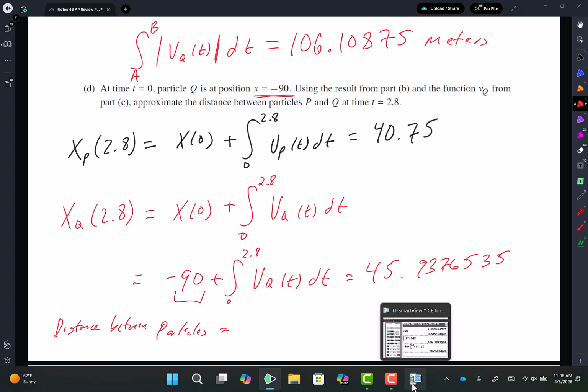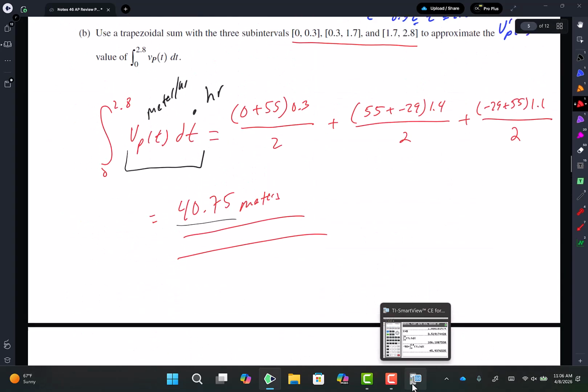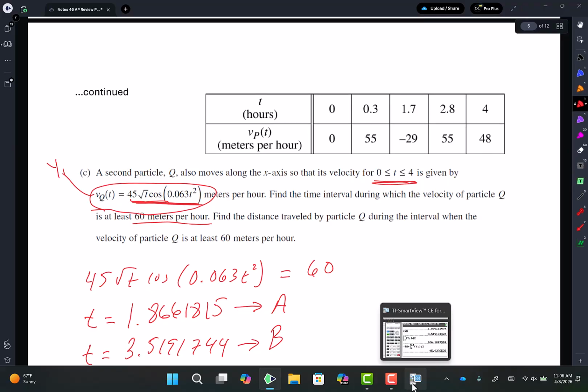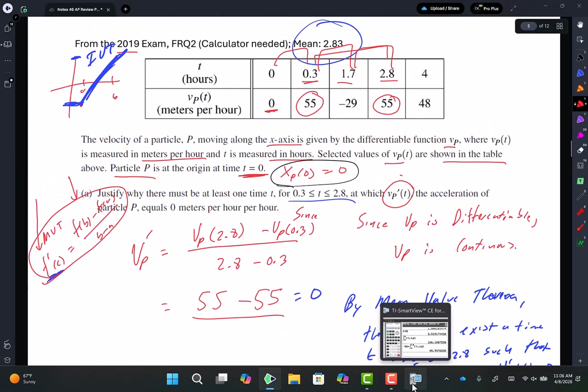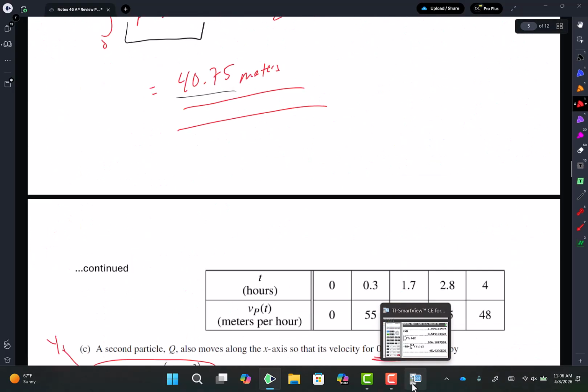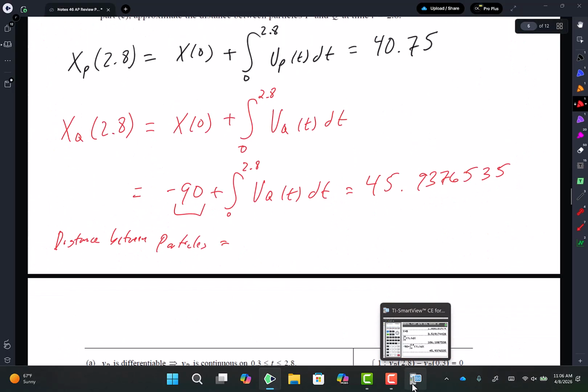That's a different particle. That's particle Q. Particle Q was initially at 0. Right here. Right there. Particle P is at the origin at time t equals 0. I have two different particles. Make sure that we're aware of that. The distance between two particles or between these particles,